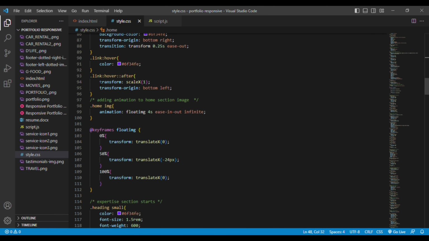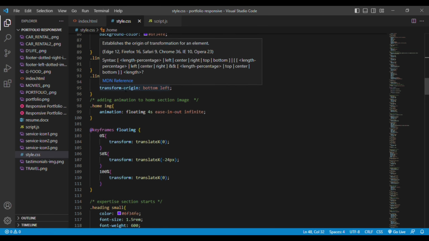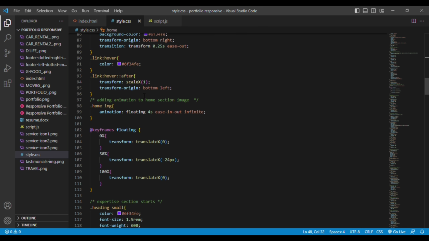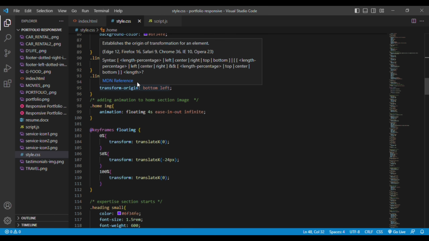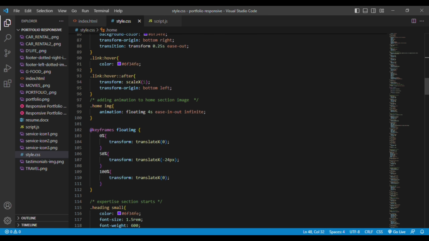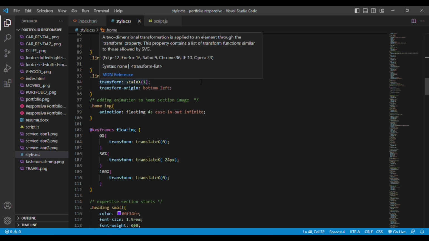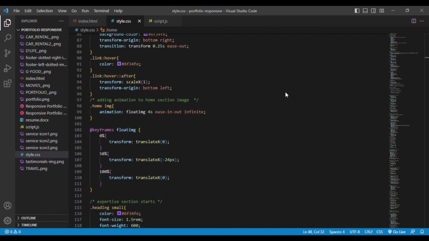Scale means it will increase its size, small, very small. If you mention it in negative, it will decrease in size. If you mention scale x 0.1, it will push inwards. If you mention 1 or above 1, it will expand. So it is scale x, or you can say x direction. Then we have